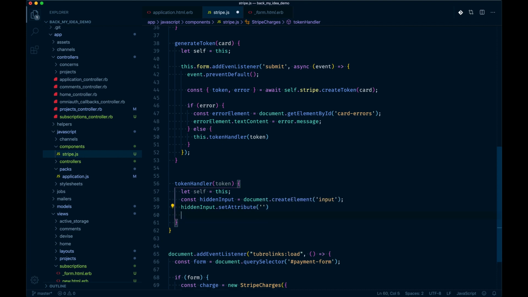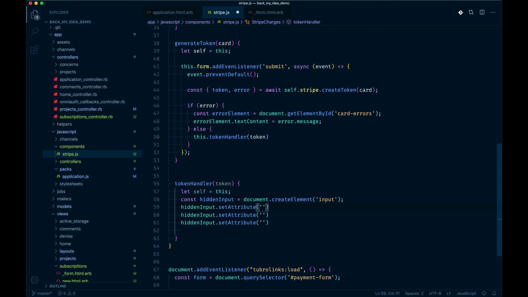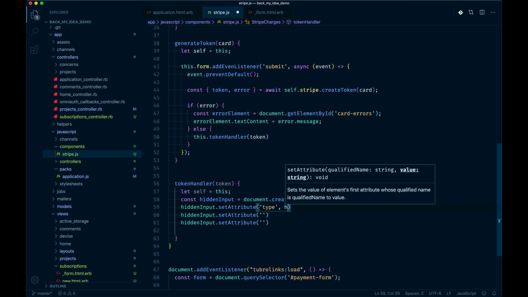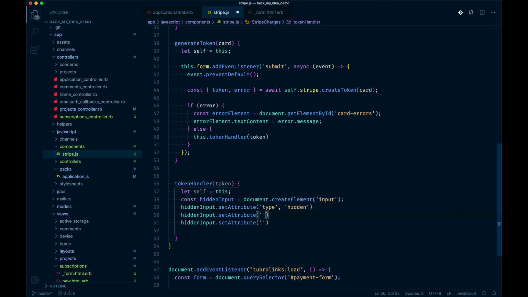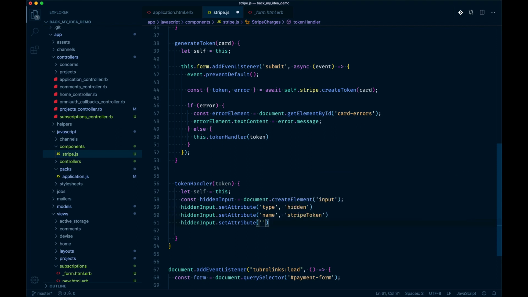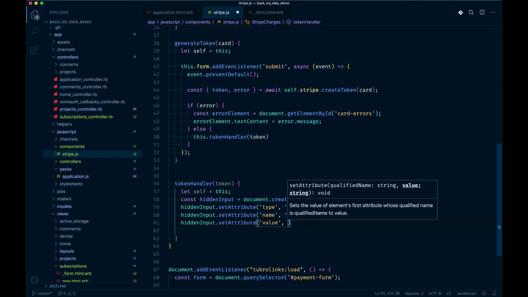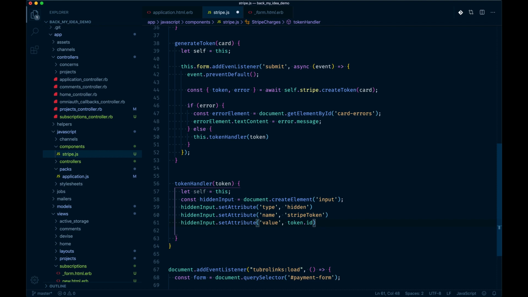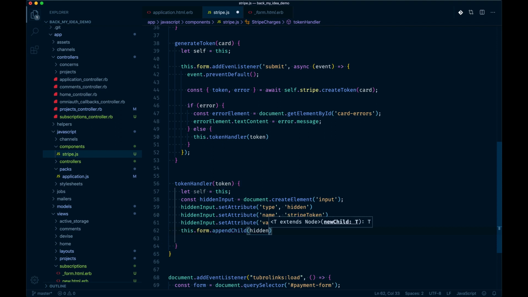We're going to do this 3 times, and the first is going to be type hidden, and then name is stripe token, value is the token itself, so token.id in this case, and then we'll say this.form.appendChild that hidden input, and then we'll